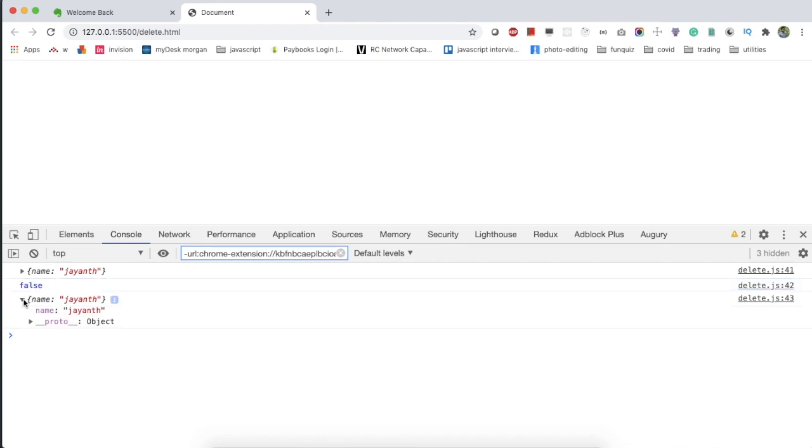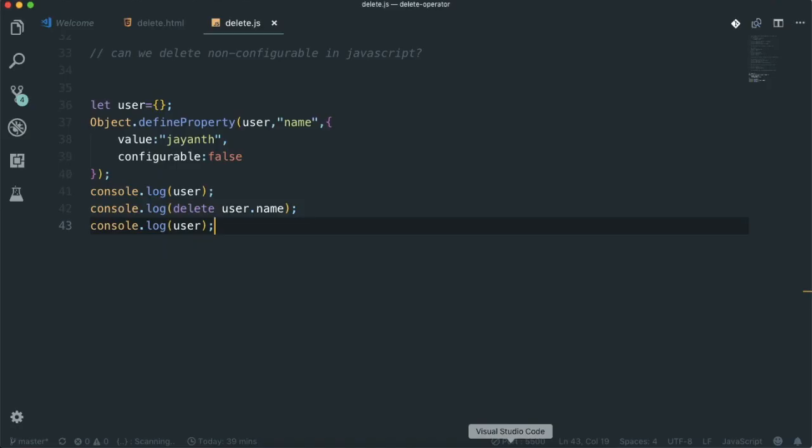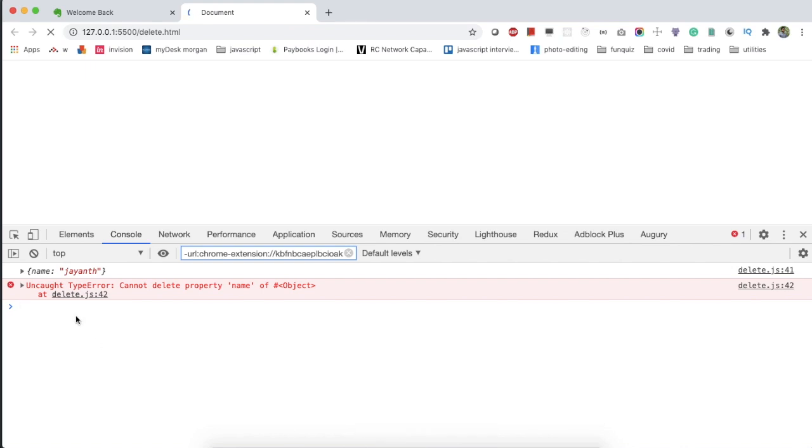You still see the same object here, and also if you declare use strict at the top, it will throw an error in strict mode. You cannot delete that property. You can see: cannot delete property name of object. So that is the thing.